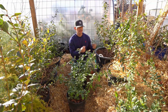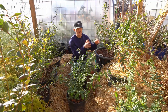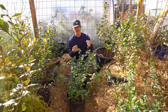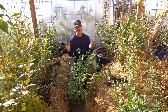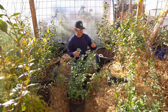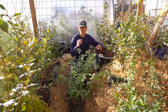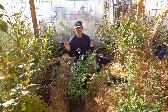Blueberry roots are very fibrous and very close to the surface. They don't have very strong taproots, these bigger roots. They are very tiny and fibrous. That is why they are perfect for growing in a container. So to be able to control the soil pH with my own mix is huge, is very important. And that acidity,